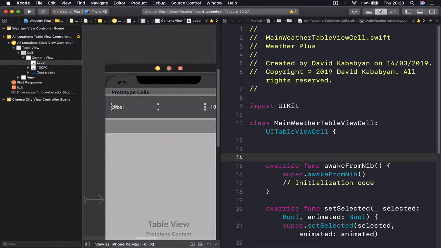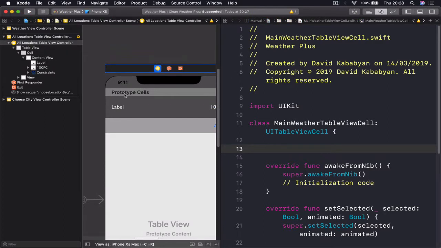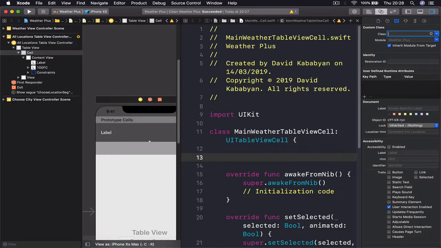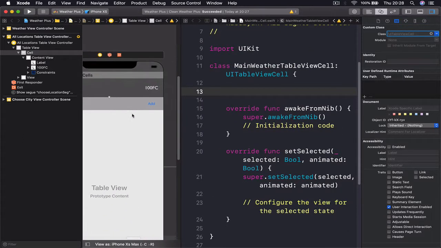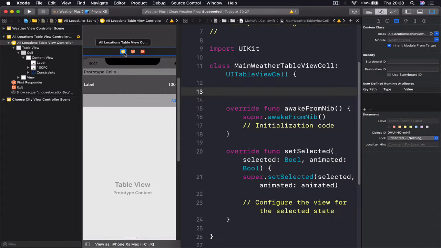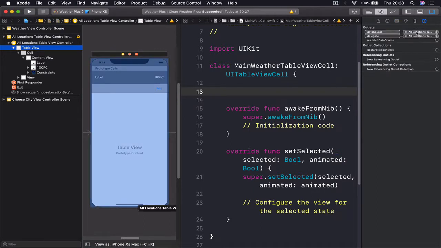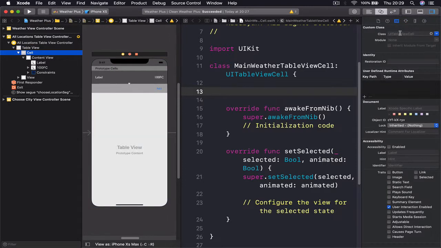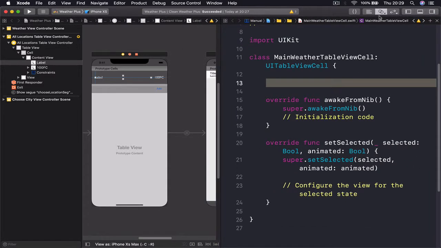So I guess I just have to reopen my project. Sometimes this happens because of an Xcode bug. It doesn't want to understand that we want to actually do the connection. We have already set our view controller. So I'm removing my cell view controller, and I'm setting it back again. Let's see, this one already has it, so we should be okay there. Table view connections we do have. Let's just set our cell one more time. Hopefully you don't have this problem, but you may get it on a different project. So let's set this again, and let's try to do the connection. No, it doesn't want to accept. So another thing we can do